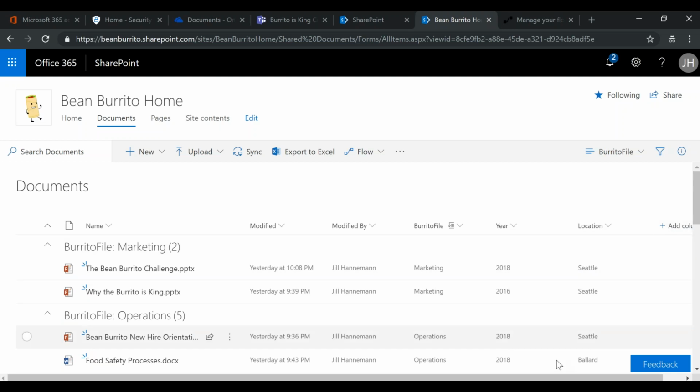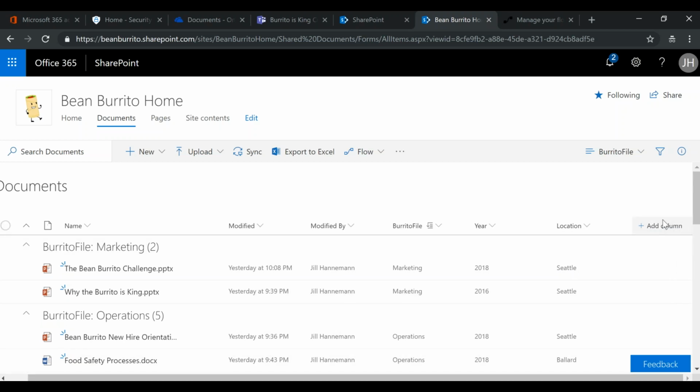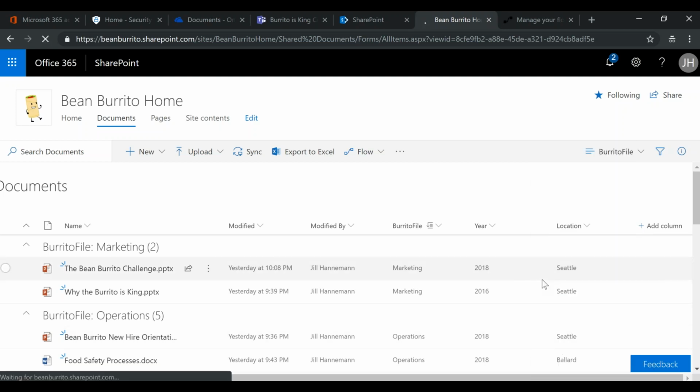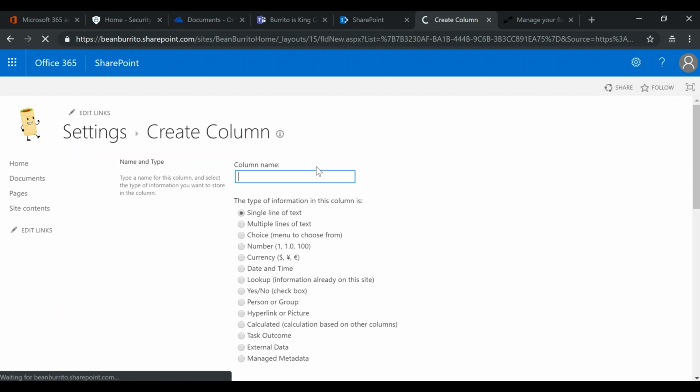So I'm going to go back to my burrito file. I can add a column, and if any of you are familiar with SharePoint, it used to be really a lot of different clicks in order to create a column. It's so much easier now to create a column. I can do it right from the library interface, and create a new column for, let's see,